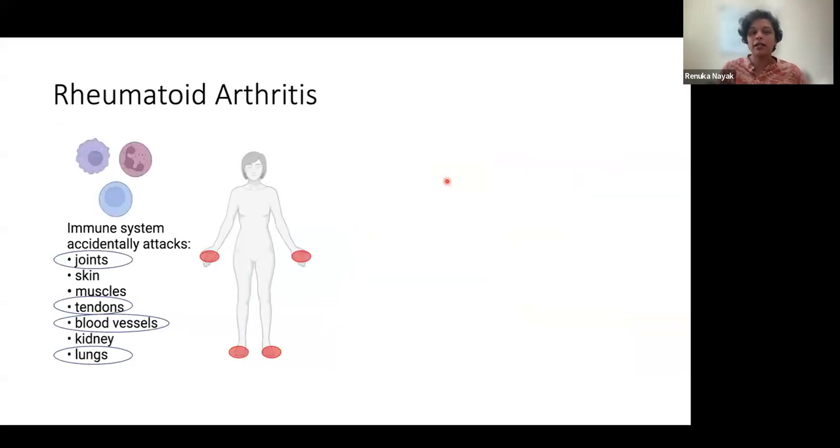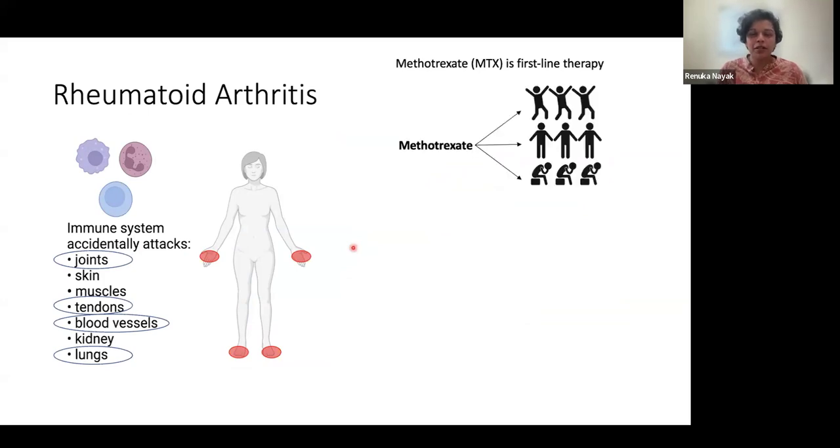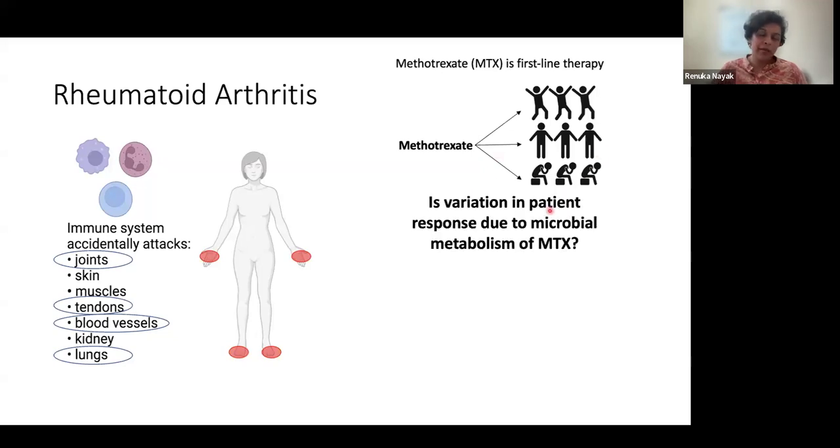So as I mentioned, I'm going to talk to you today about my research. I've focused mostly on rheumatoid arthritis, and I don't need to explain what that disease is to this audience. But I like to point out to other audiences that it doesn't affect just the joints, but can affect other organs as well. Sorry, methotrexate is first-line therapy for rheumatoid arthritis. So every new RA patient that comes in, I prescribe methotrexate for the most part. And I have this conversation that 1/3 of patients will respond, but 2/3 of patients may not have an adequate response and may either need to switch therapy or have additional therapies added on.